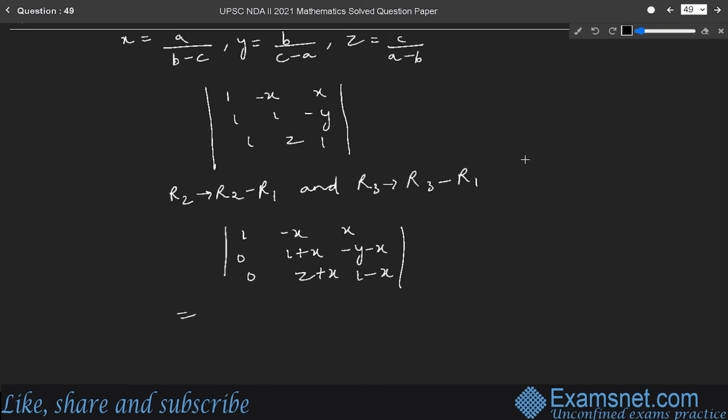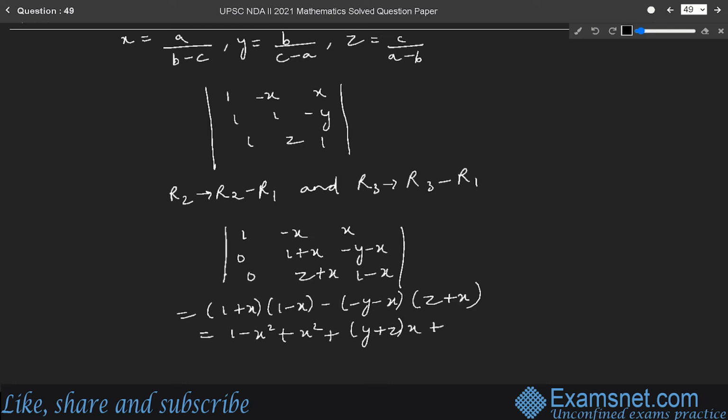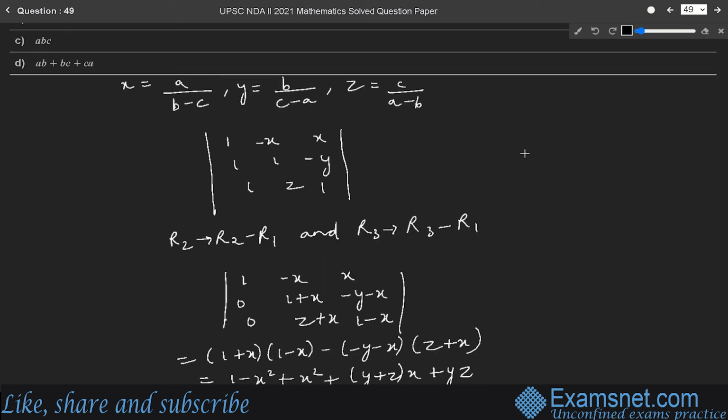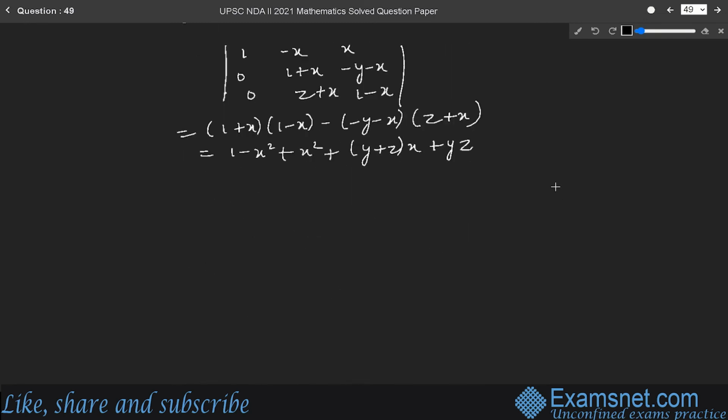So now further finding the expansion for this, it will be 1 plus x into 1 minus x minus y minus x into z plus x, which will be equal to 1 minus x square plus y plus z into x plus yz. So we know the values of x, y and z from the question. So putting these values, we will get